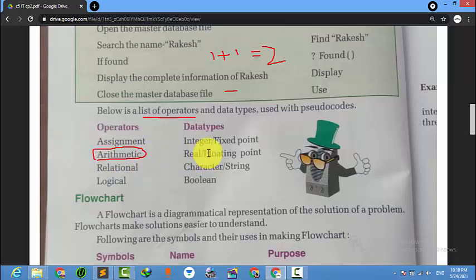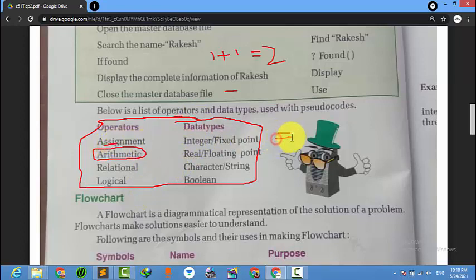And data type, what does data type mean? Each code has a different type of data storage, right? In computers, this type of part we will also go into depth in class 6, okay? They have just given it as an overview just to understand what it is. So we won't go into the depth. So first is assignment. Assignment means a fixed value, okay, equal to.